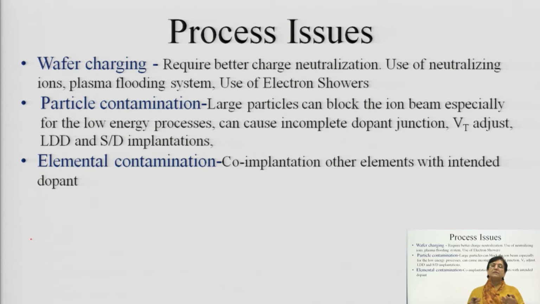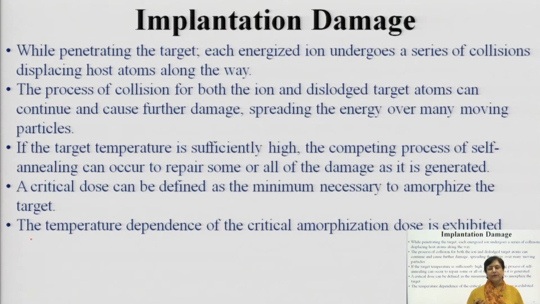So, those metal parts, because of the elevated temperature, may introduce some co-dopant or some elemental contamination into the furnace, and thereby the wafers, the area where you are carrying out the implantation, can also get affected. So, you do not want that to happen, and therefore you need to take a lot of precaution while carrying out the ion implantation. This is the first category of damage.